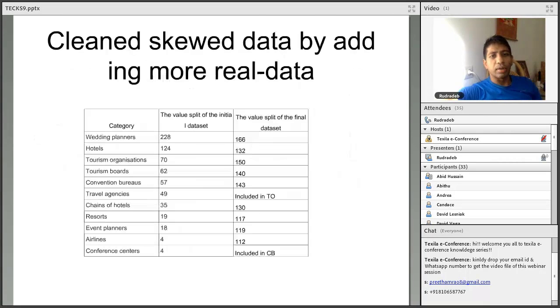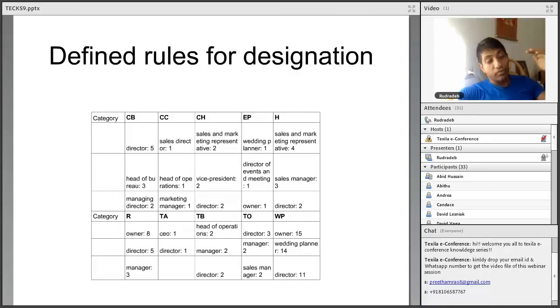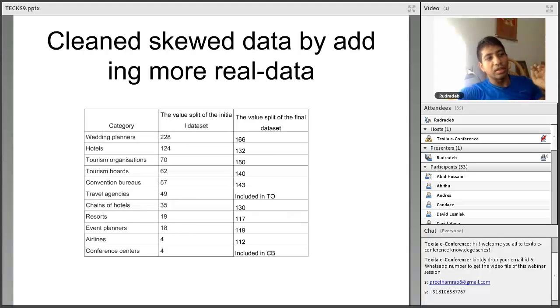In one of the slides, I told you that we are collecting data in these kinds of categories from LinkedIn, right? But LinkedIn doesn't provide that granular level of category. So in our case, we needed categories like wedding planners, hotels, tourism organizations, much more granular types of category rather than just companies in the tourism sector. So often LinkedIn would only provide us with the broad category. Web scraping does provide that to some extent: we go to their website and look at the keywords, and that's one way of doing it.